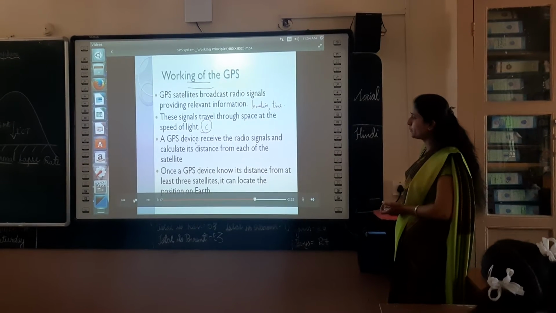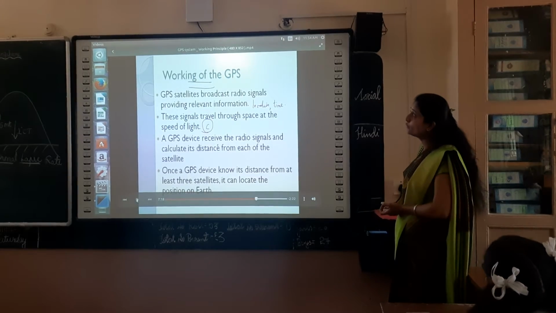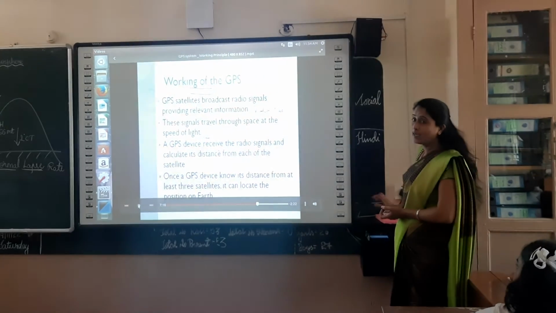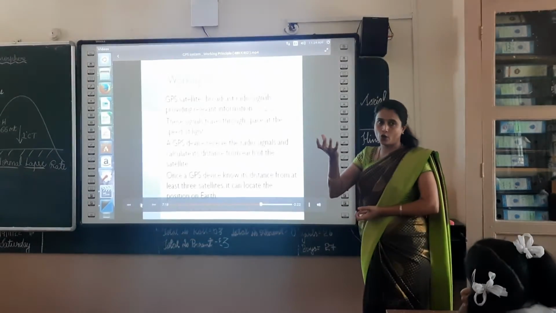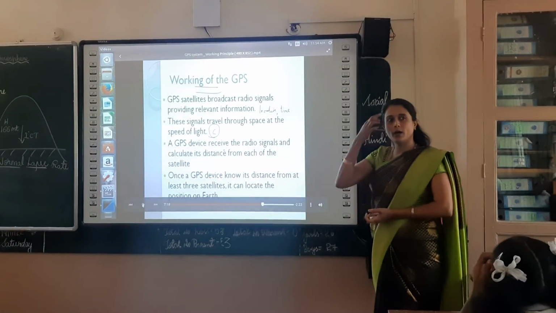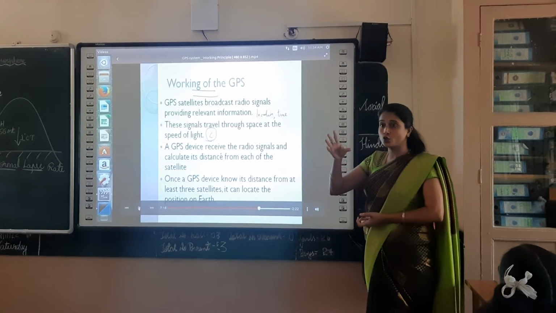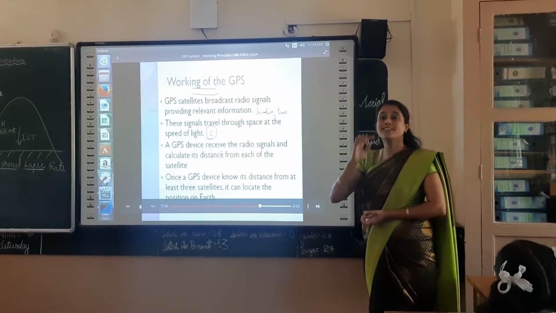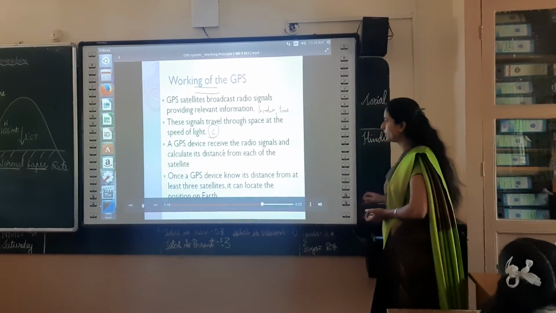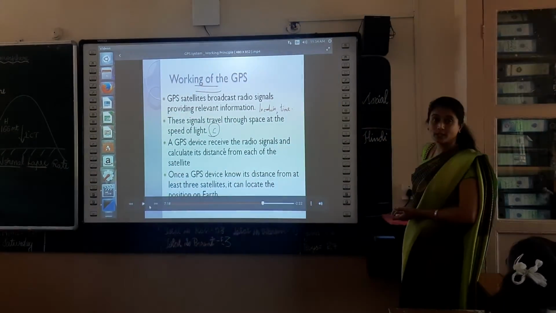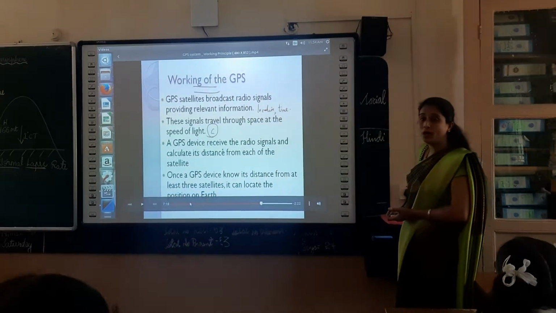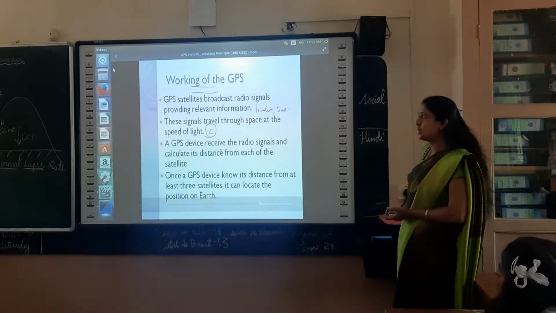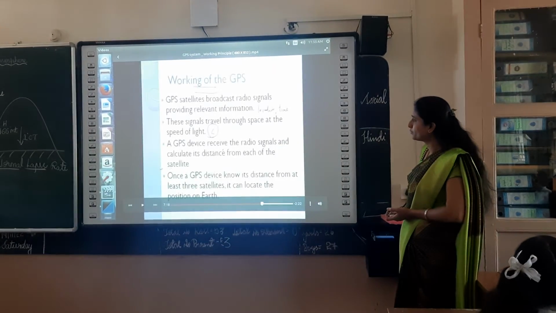Here, with the help of the speed of light, we calculate what the device in your mobile shows. Based on your speed, it shows the timing of your reaching the location. Did you understand how it works? With the help of the signals which we are receiving through artificial satellites.